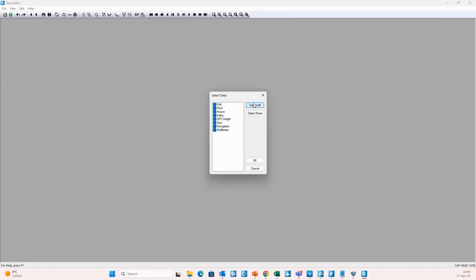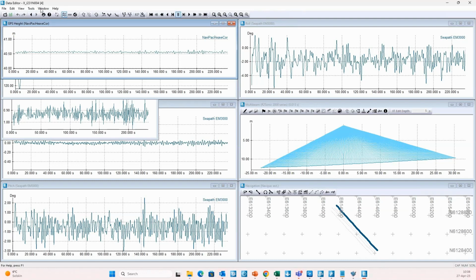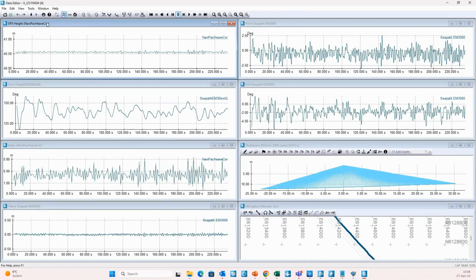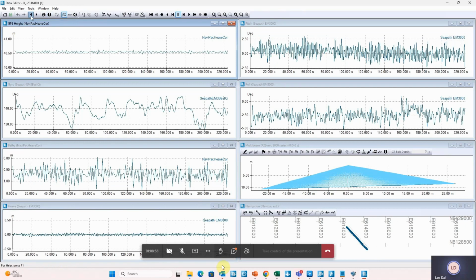I'll select all. Okay to that. And then this will take a little while. It's always the multibeam that takes time to load. I would say window, tile. So here I have my data, 4 blocks. And you can see that I have 4 blocks. If you look at the caption here, 4 in brackets. And if I toggle, press the arrow,